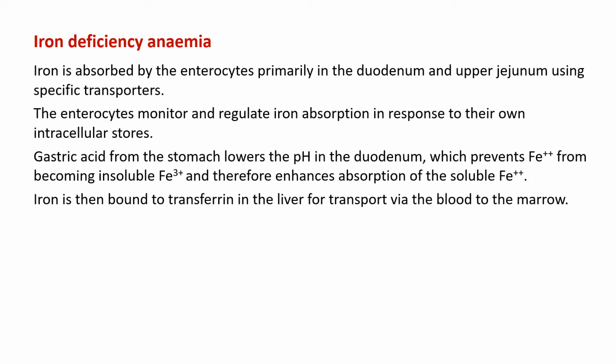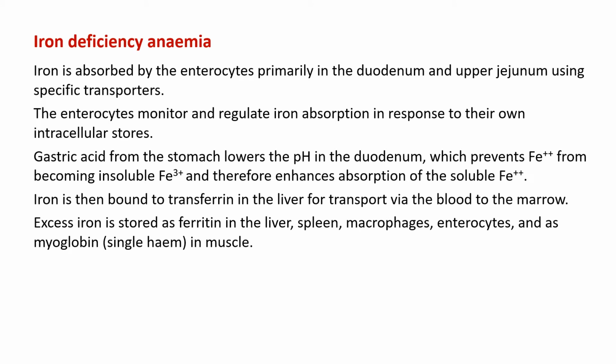This is then released from the hepatocytes and transported via the blood to the marrow. Of course, it needs to go to the marrow because that's where we make our erythrocytes. Any excess iron is stored as ferritin,